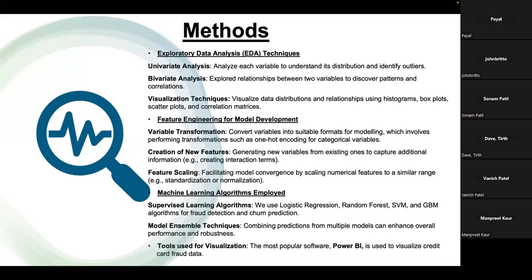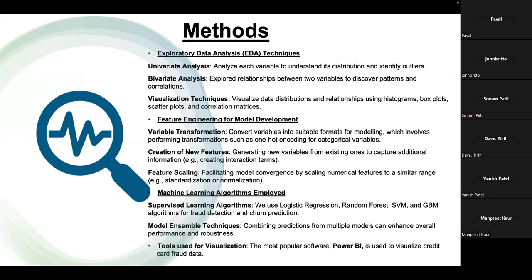So here are our methods to detect fraud and predict customer churn. We employ a comprehensive set of analytical techniques, along with machine learning algorithms. These methods enable us to extract valuable insights from the data and develop predictive models that can be deployed in real-time systems. Now, here we have different types of analysis, like univariate analysis, where we analyze each variable individually to